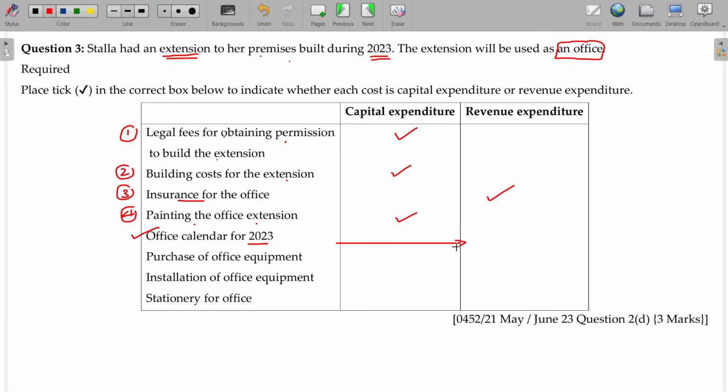Okay. And purchase of office equipment. Office equipment is an asset, so capital expenditure. And installation of office equipment, related to the asset only, capital expenditure. Stationery for office, revenue expenditure. Hope you will be now able to